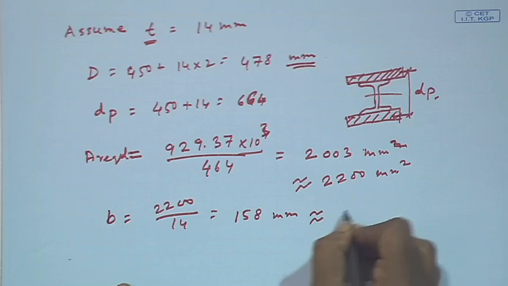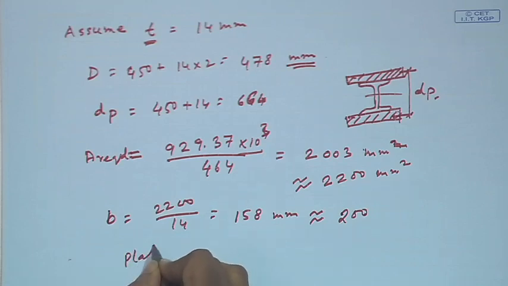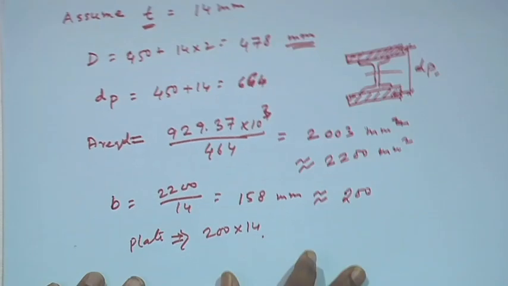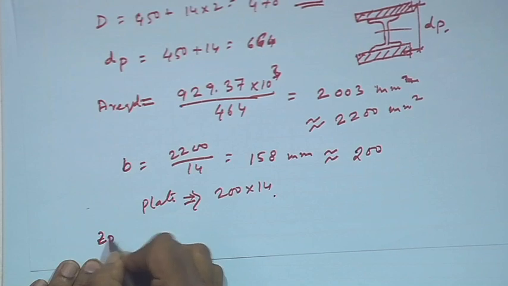So, let us use, say, 200, right. So, the plate size will finally be 200 by 14. So, we can use a plate size of 200 by 14,